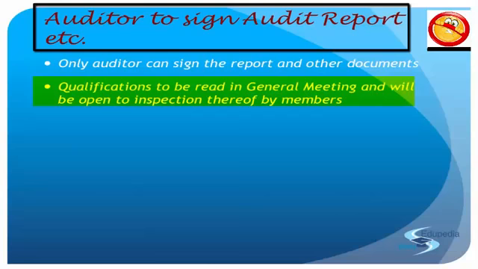right, on the financial transaction or any financial matter, but only those which are major, which have an adverse effect on the functioning of a company, will be read out in the general meeting. Got the point? What is the purpose of your audit report? Just to scrutinize and analyze the financial statement and to make sure that things are working properly. If it is not, you pass a qualification that this thing has this issue, specifically. The rest of the things are okay. So all your qualifications, all your observations and all your comments, that means the auditor's comments, will have to be there in the report.